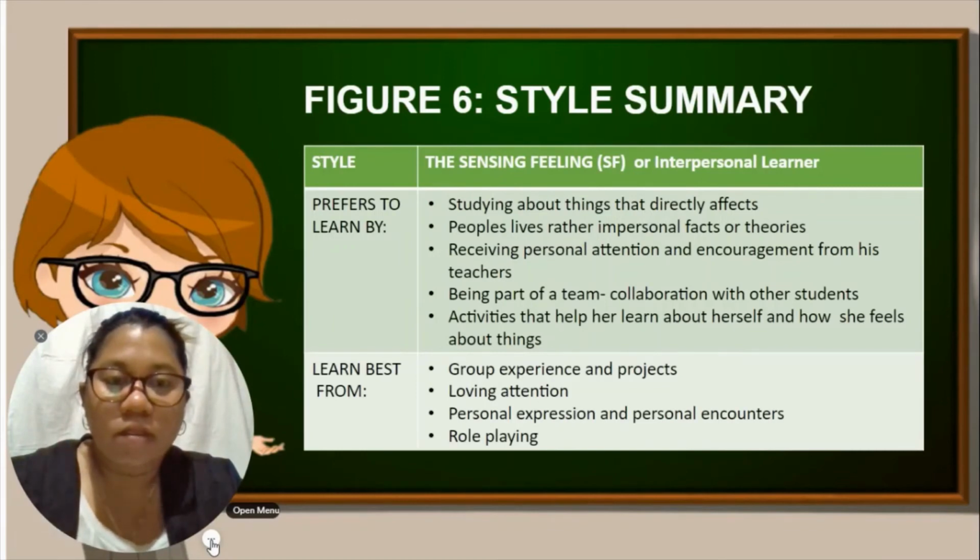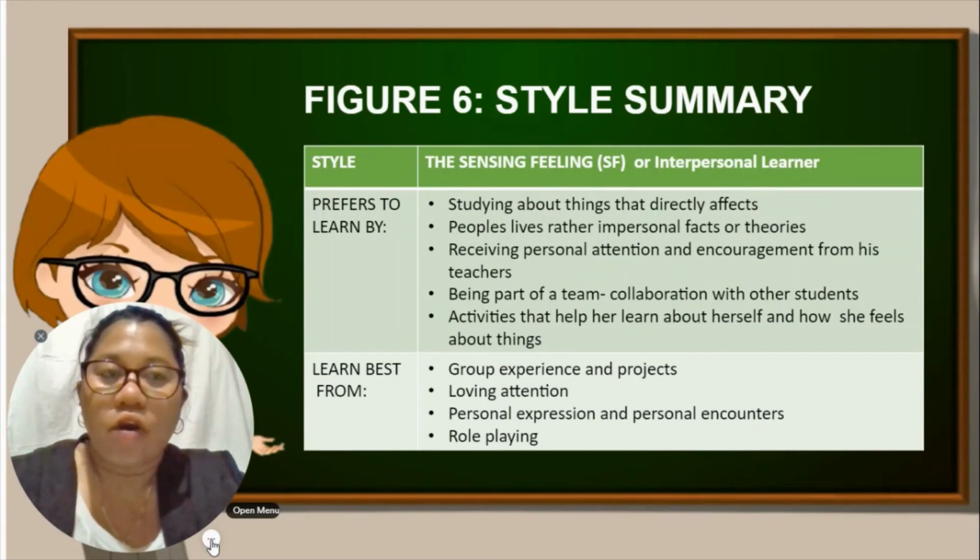So the second one is the sensing feeling learner or interpersonal learner, who can be characterized as sociable, friendly, and interpersonally oriented. This type of learner is very sensitive to people's feelings, his own and others. He prefers to learn about things that directly affect people's lives rather than impersonal facts or theories. So the sensing feeling or the interpersonal learner